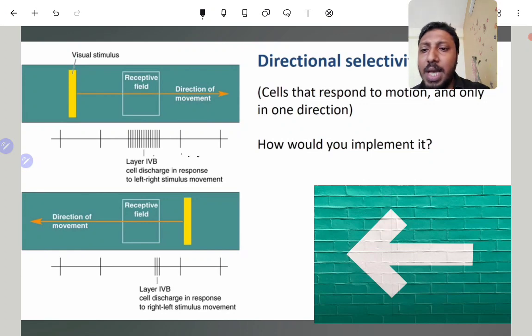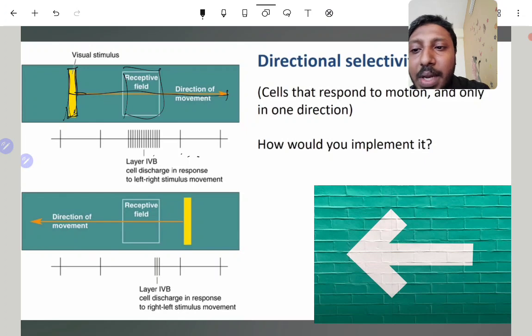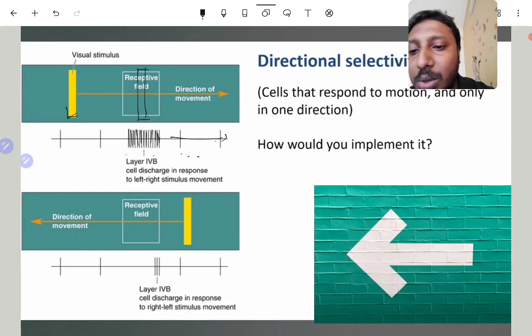So you can see that if this is a receptive field and there is a visual stimulus like a straight light source, and you move it in this direction, when it comes here and reaches here, this starts firing like this. And when it passes this field and goes off, it won't fire. If you keep the stimulus in the center without movement, it also won't fire. It will keep firing normally. It senses only motion, and it is direction sensitive.